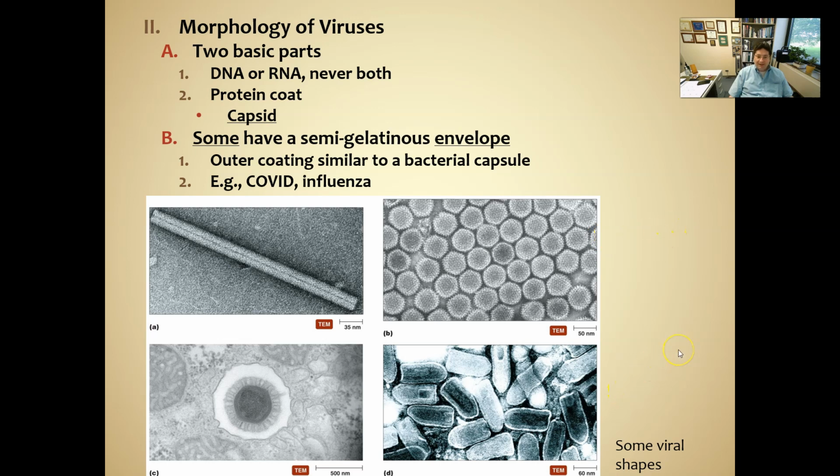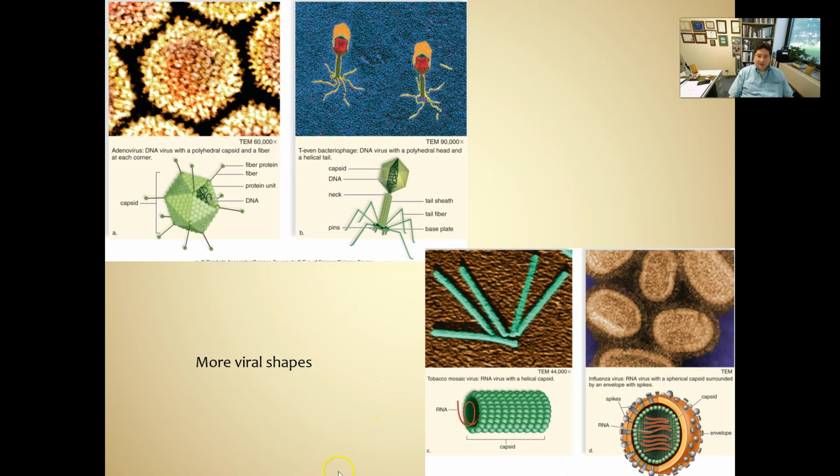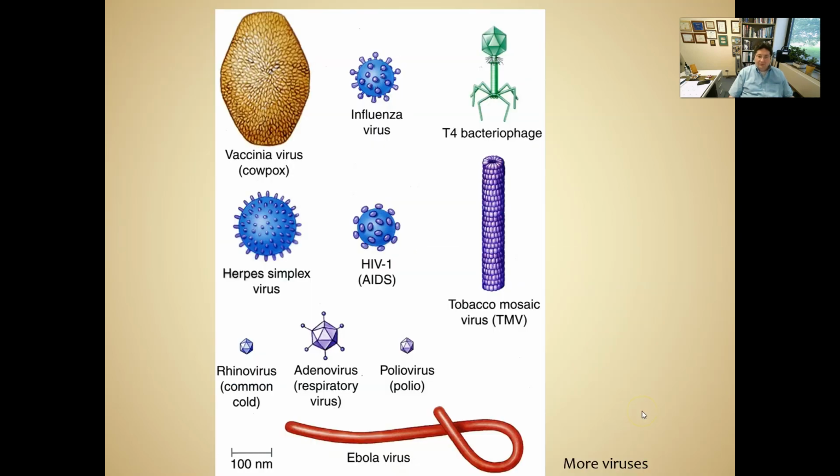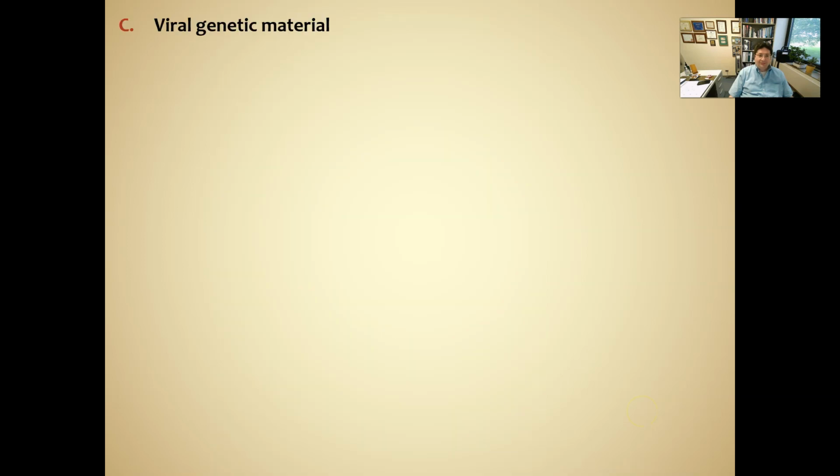Here are some viral shapes. See, this one has that envelope on the outside. Here are some more. Look at the shape here. All this stuff here, the little spikes and the little green things, is all part of the capsid. There's the DNA in there. This one looks like something that would land on the moon. This is a bacteriophage that infects viruses. Here's some more. This one here, this influenza virus, has the envelope on the outside. All right, here's some more viruses, just to give you the idea of shape.